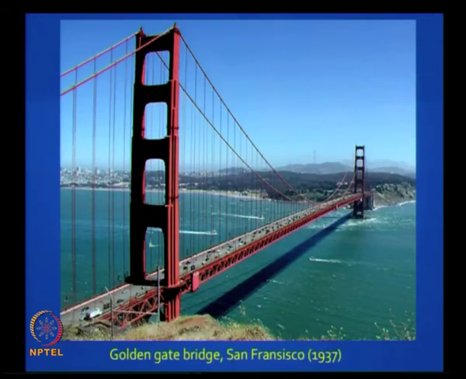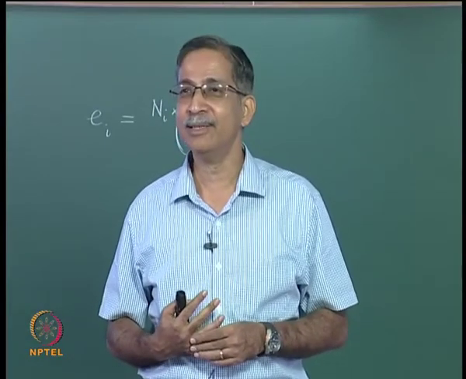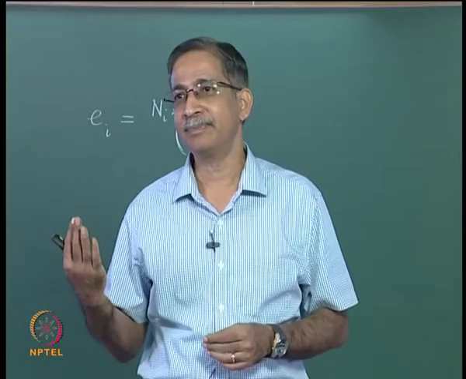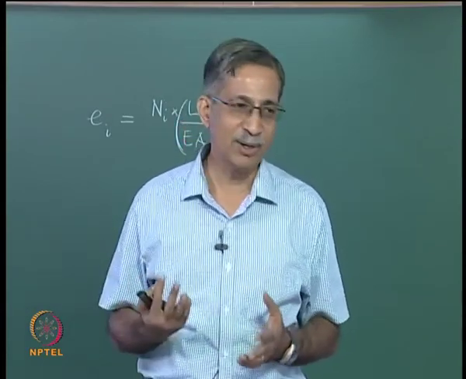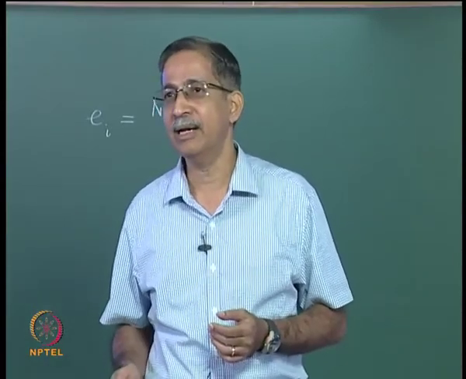So here is an example of one of the most famous suspension bridges. 1937, way back, this bridge was designed, analyzed by using simple manual calculations, the kind of formulas that we saw in the previous slide. But today's engineers and today's students would rather use a computer to solve this problem. But at least for a first order analysis, I think it is important to know these simple calculations for a parabola.